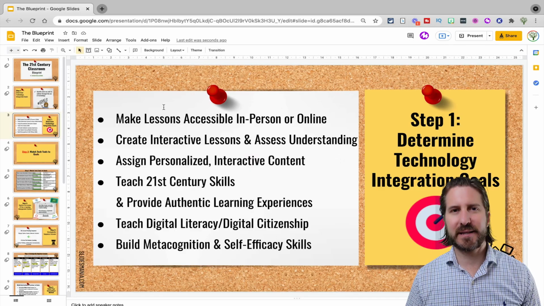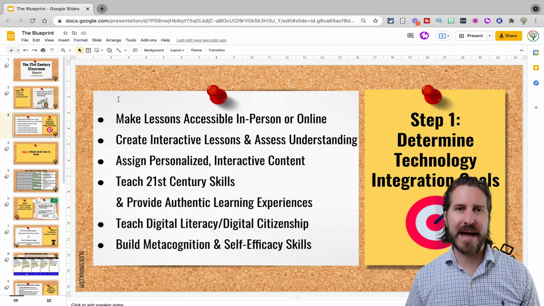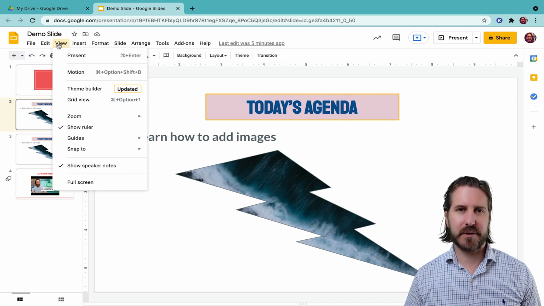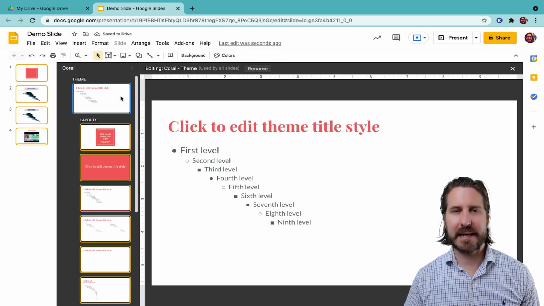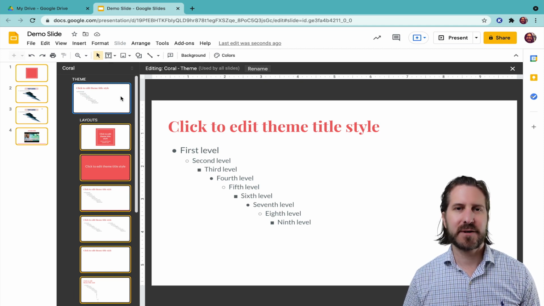All right, now let's take a look at the theme builder, or what used to be called master slides. To access the theme builder, go to View and then select Theme Builder. So anything that you edit here is going to be edited across the entire presentation. So for example, sometimes when I'm creating slides for presentations, I want to put my logo on every single slide. And rather than doing that manually every single time, I can just add my logo right here to the master